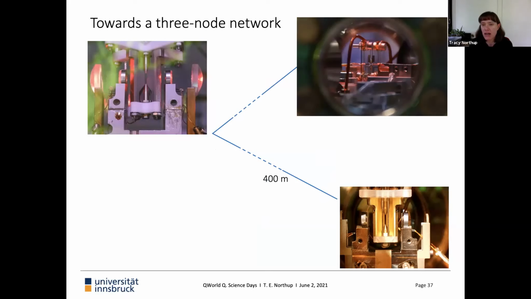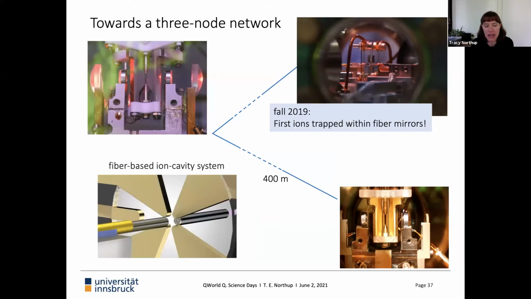This is another kind of ion trap. It's actually one of the ones I showed you at the very beginning of the talk. It's a so-called wheel trap that was developed by the NIST Boulder research group. And so we realized that it would work very well for integration with an optical cavity, and in particular with an optical cavity based on optical fiber. So this is now a much, much smaller cavity.